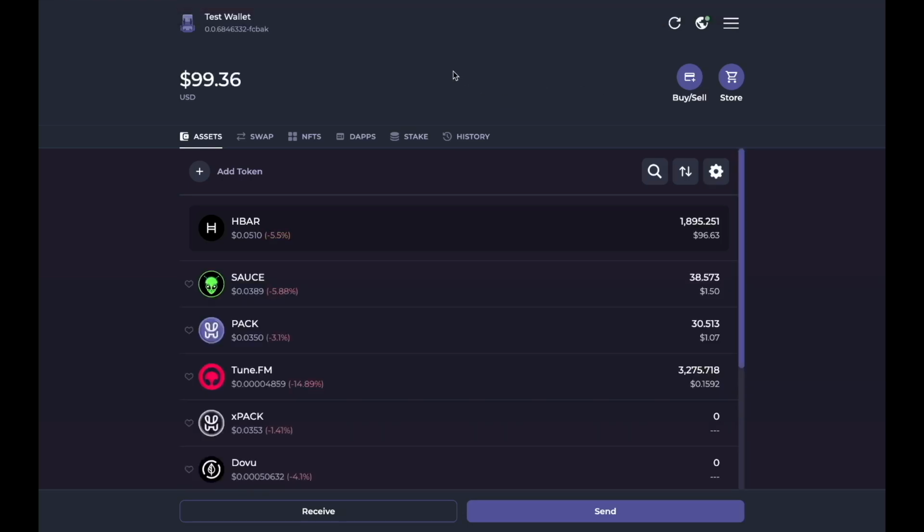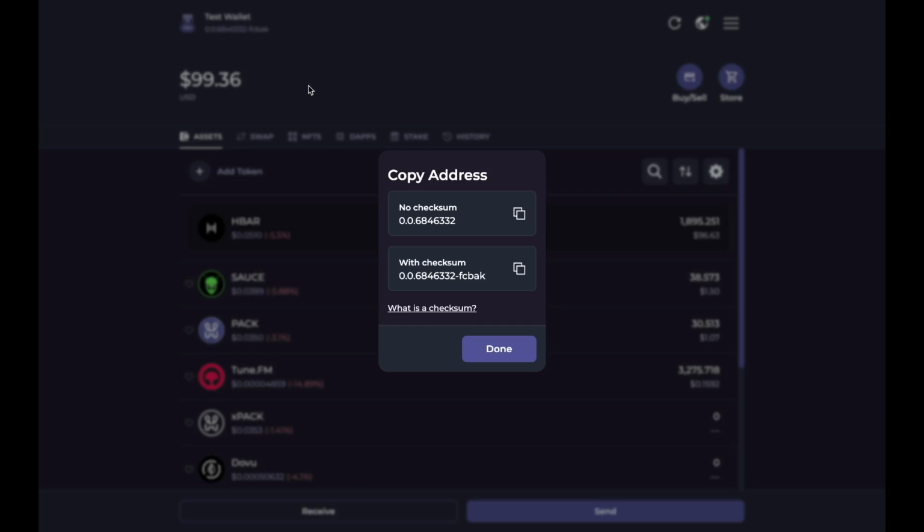Now that I've funded my wallet, this is what the user interface looks like. So if I wanted to receive some HBAR or any other HTS tokens, and I wanted to give somebody my address, I would click on the link right next to the HashPack logo. And HashPack gives me two versions of my address.